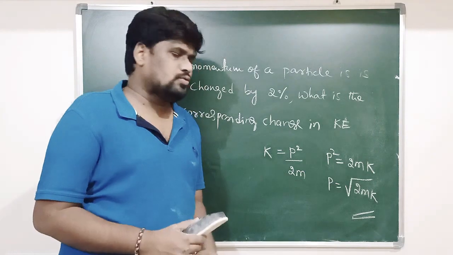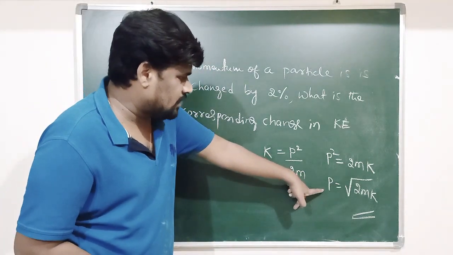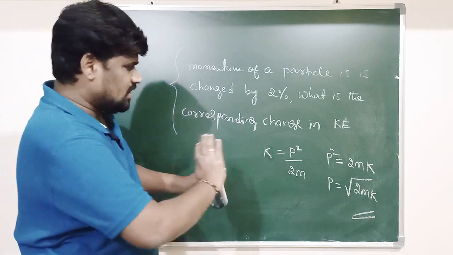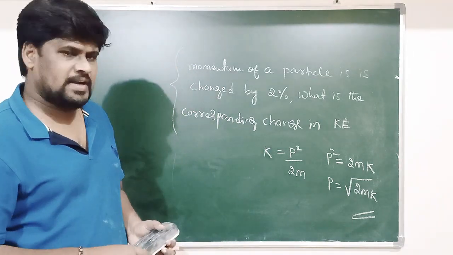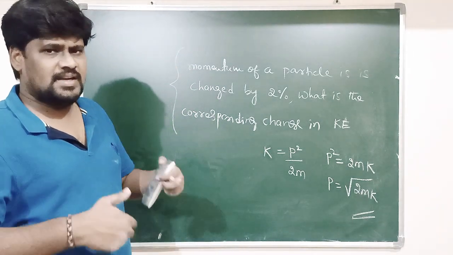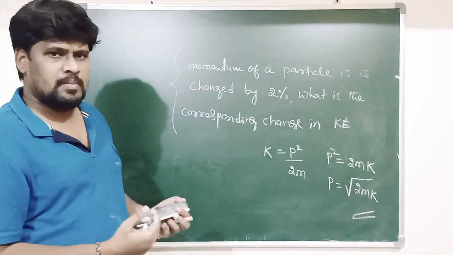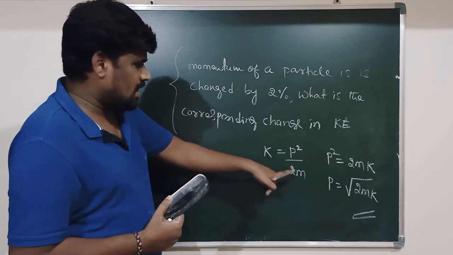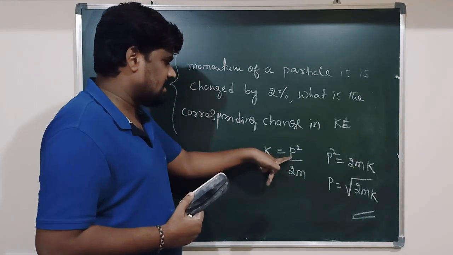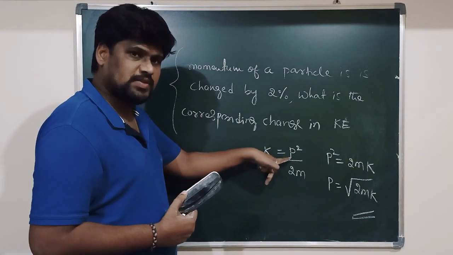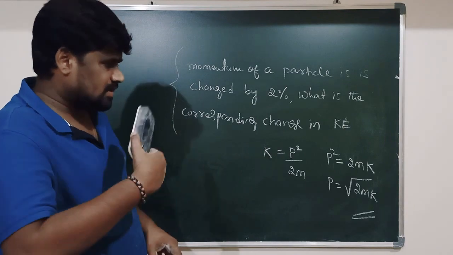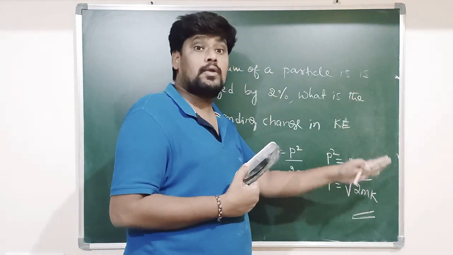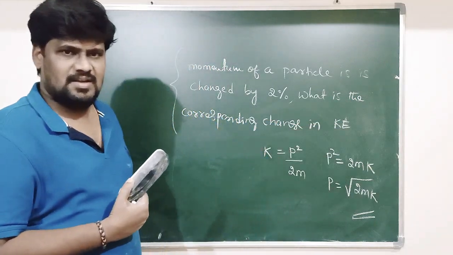So this formula is used to estimate the value of the momentum when you know the kinetic energy. We will call this relation the energy-momentum relation. Generally, you know very well that the mass of the moving body will be constant. So if mass is constant, the kinetic energy is directly proportional to the square of the momentum. In the same way, momentum is directly proportional to the square root of the kinetic energy.